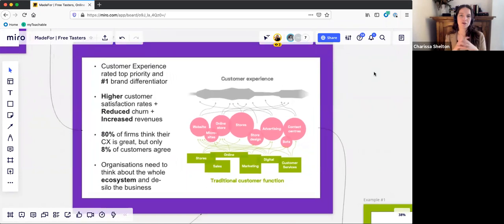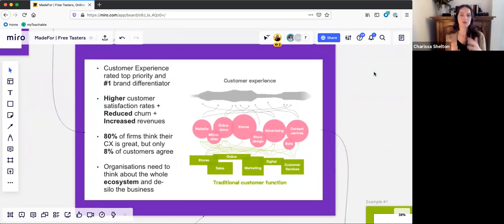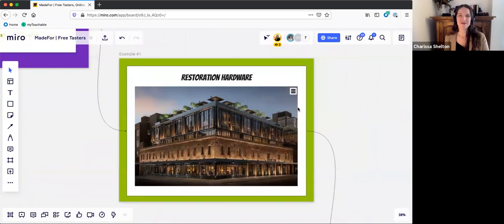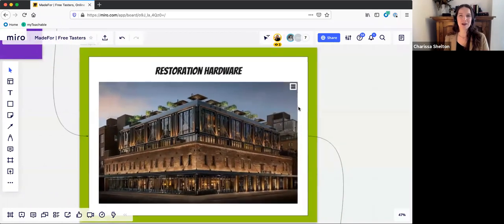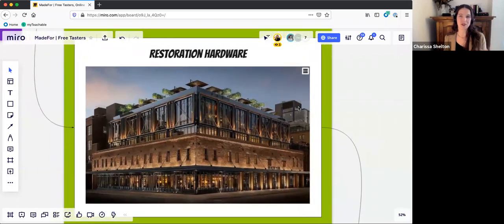So defining a CX strategy is about taking that step back to think more clearly about the strengths and gaps, and then realigning and de-siloing a company around a really clear CX strategy. So what does that look like? Today, I'm just going to talk through a couple examples that I really enjoy in terms of the importance